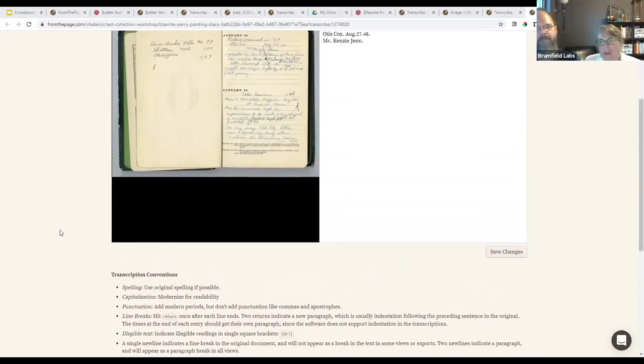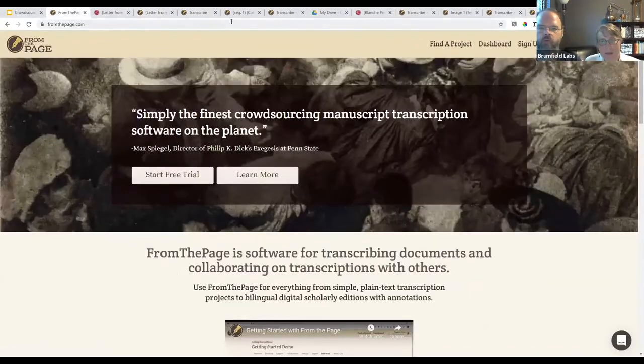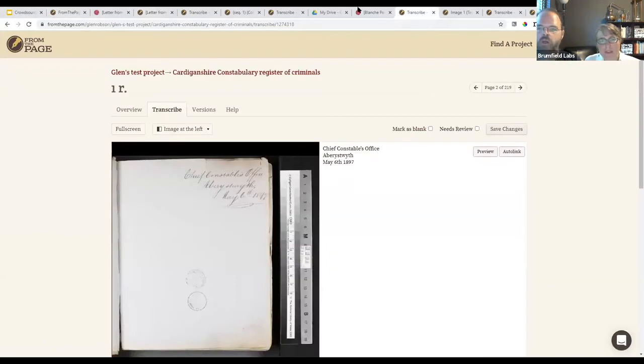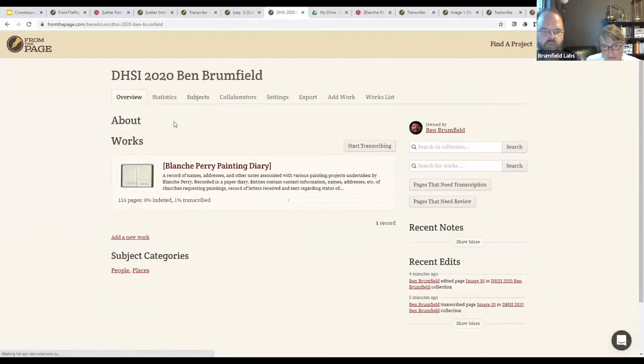But if we go to one of the projects that we own, that works. Or, oh, the fact that we can change them? Yes, the fact that we can change them, the settings. Yeah, so let me go back to the one that we were in. Sorry, that's Glenn's. Right. Okay,